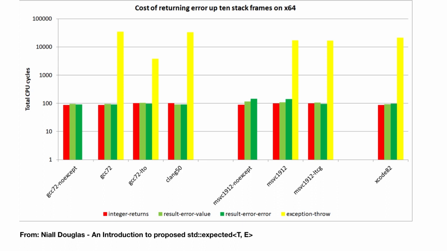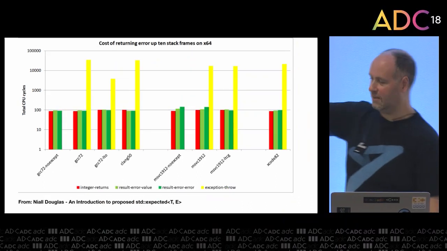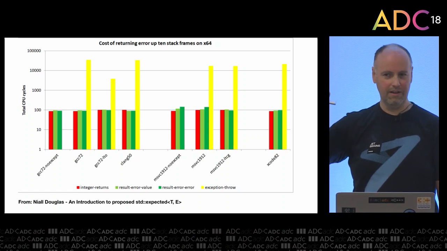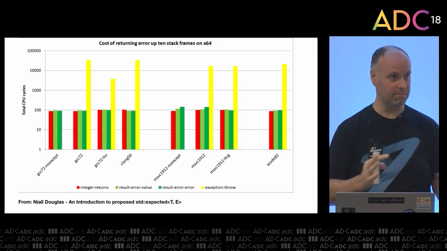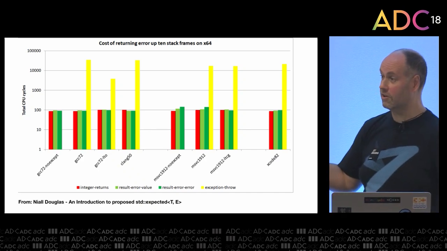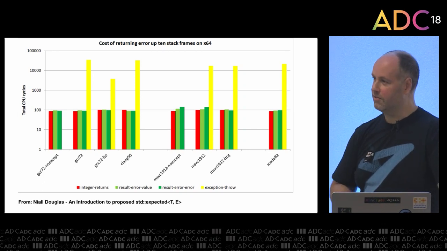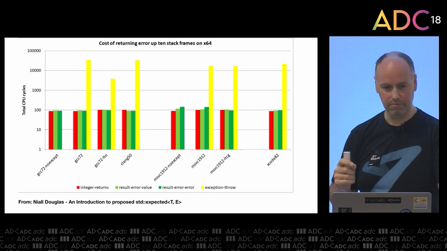The y-axis is exponential. That means that this cost is effectively 2 to 3 orders of magnitude slower in the case of exceptions. This is on the error path, so when an exception is actually thrown. I should be clear about that. Actually, the cost is very good when there's no exception thrown, which is what we've been optimizing for all these years. So raw performance, if you care about the error path, is absolutely abysmal.